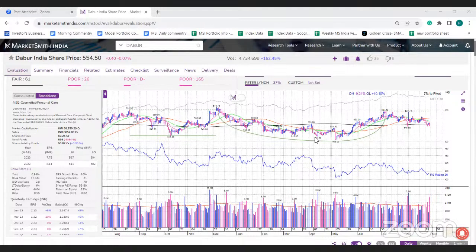Fresh entry is not advised at this particular point. There are stocks which are looking good in the market, but this stock can completely be considered a laggard. It's better to stay away from these stocks. If you are holding it already, you can keep a stop loss around today's low or the previous, that is Tuesday's low. You can keep those levels as a stop loss, and you can exit when the volume increases on the downside.